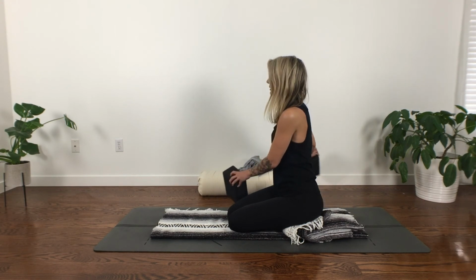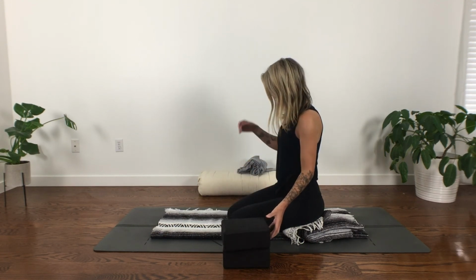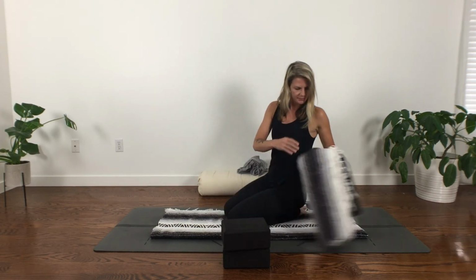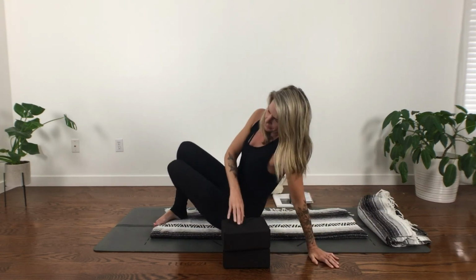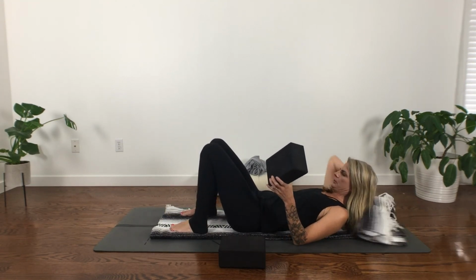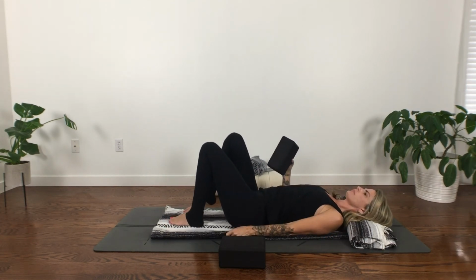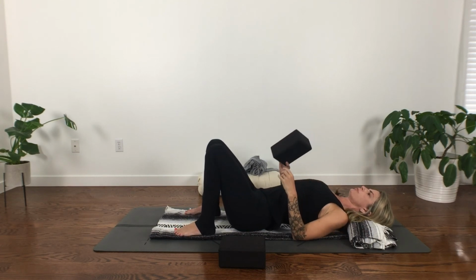And then slowly take your twist forward. Take your blocks aside, but in reach. And we'll make our way to our backs. So once you're on your back, take your block. And we'll do an inversion, as well as opening up through your chest. So we'll do a supported bridge,